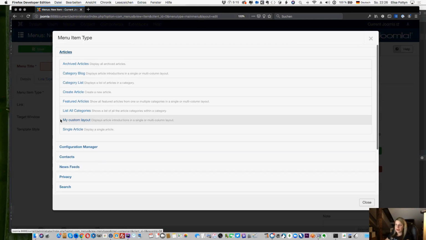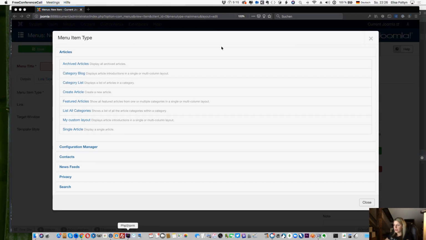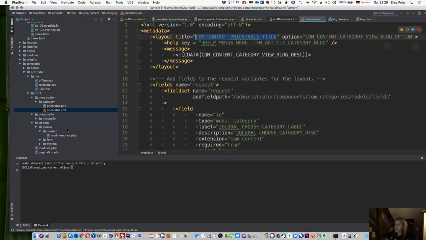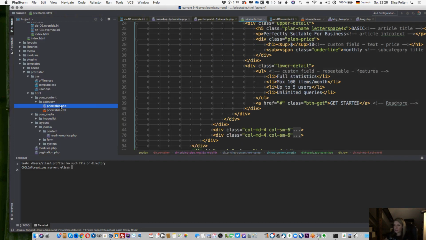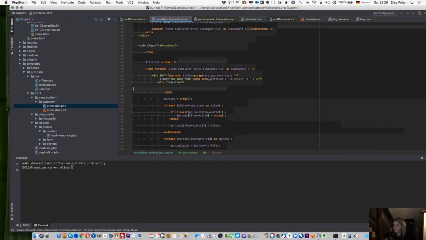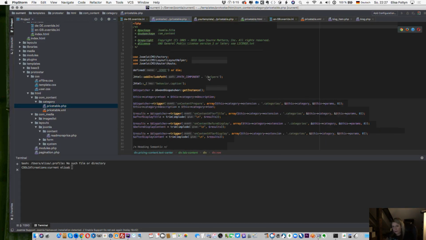So you see here my custom layout. Yeah, that was the price table I had in here before. So I put the code, the HTML structure, into this PHP file. And what you need to know to create overrides is basically